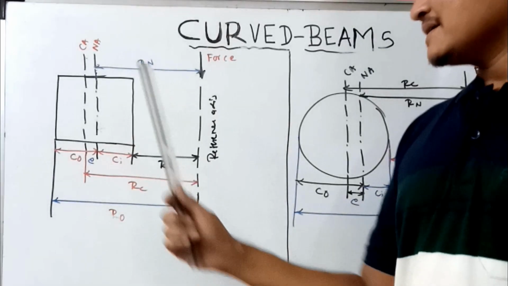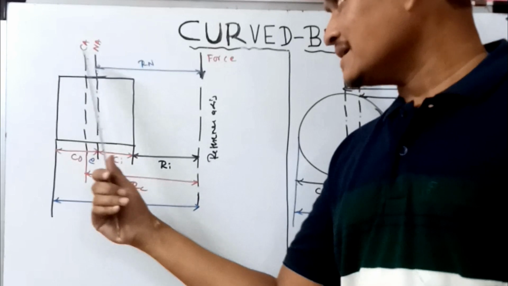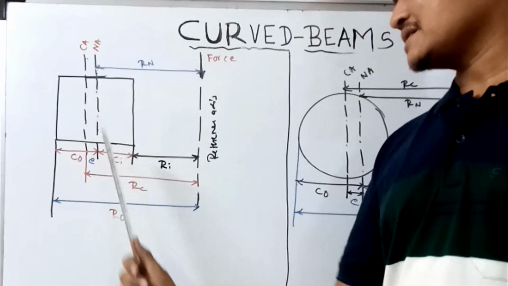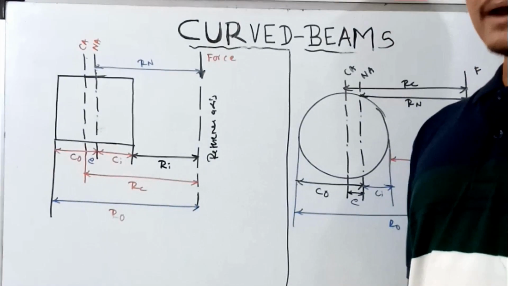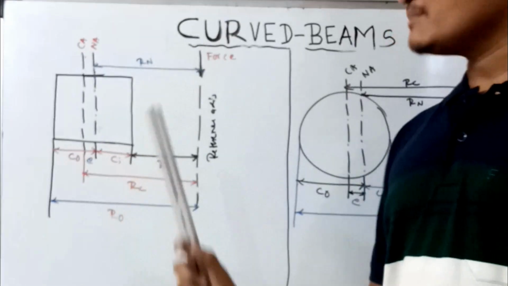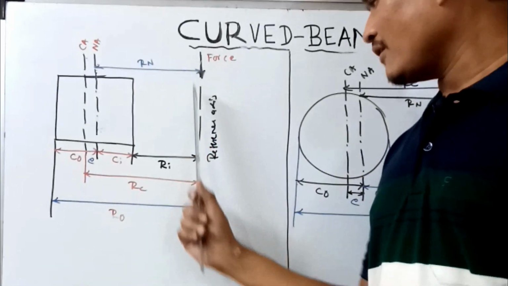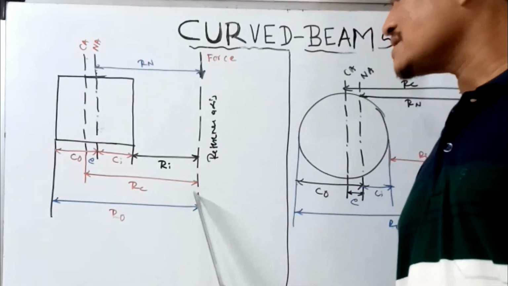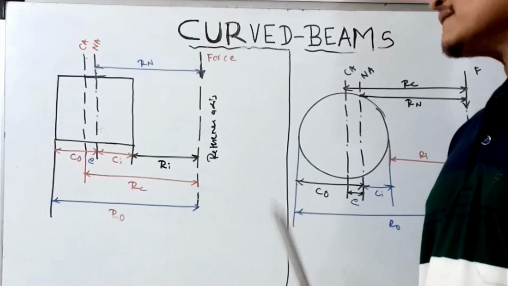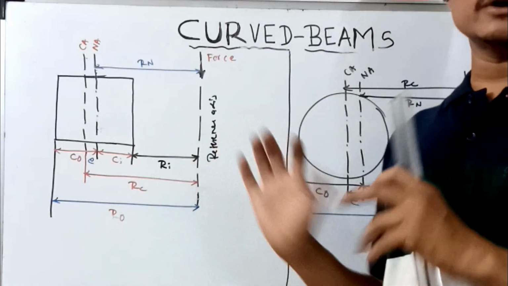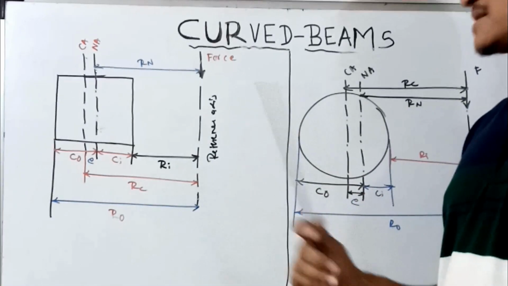First of all, the neutral axis always lies to the right of your centroidal axis. First of all, mark that. Afterwards, these are the dimensions you are taking into account. The line of action of the force is supposed to be the reference axis. Now it is time to mark the important parameters, and I'll let you know how to mark them and explain.